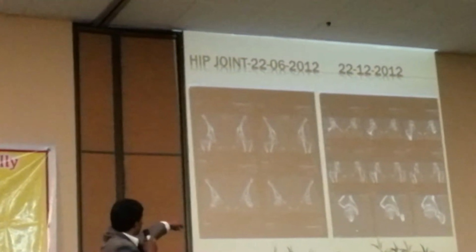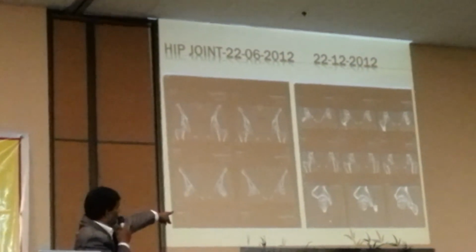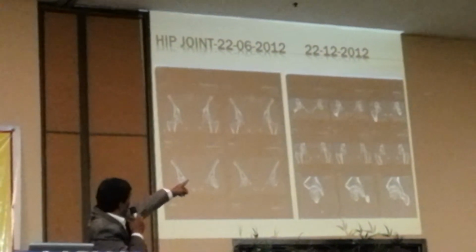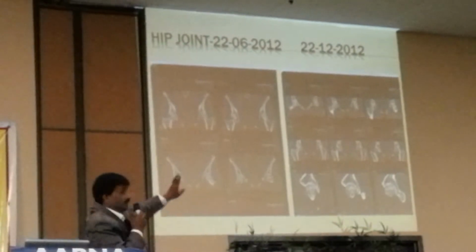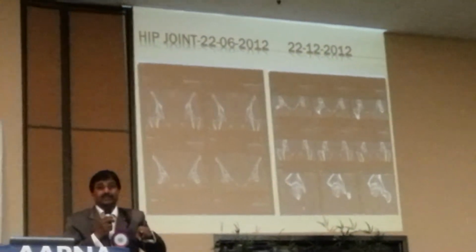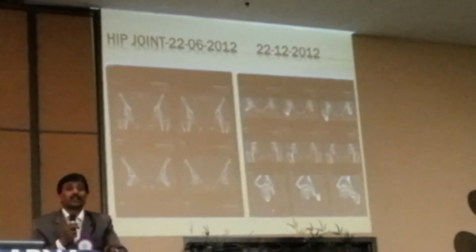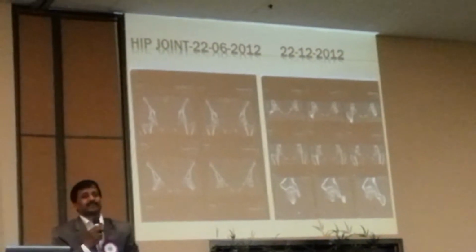There you can also see, and here also I produced a lot of CT scan reports, and here you can see there is a definite sign. Remember, even the right side is involved. It's not just the left leg. The right side also started degeneration after the chemotherapy.